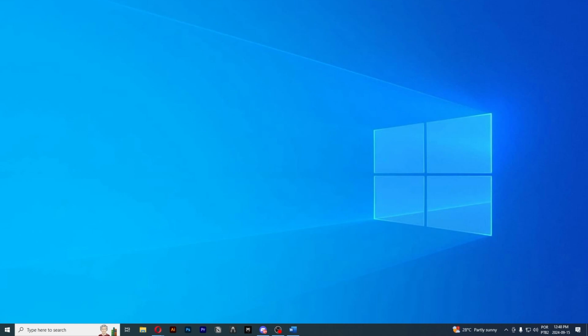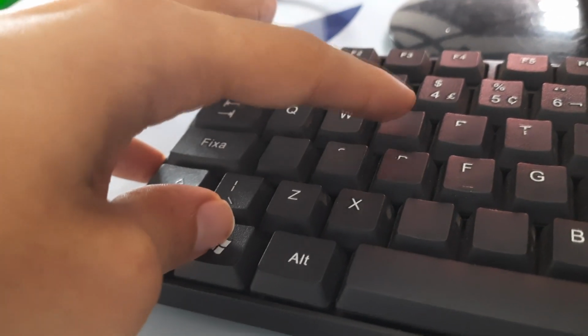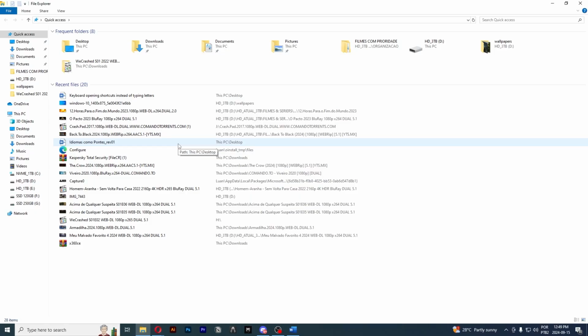If you are someone who browses through your computer files a lot like me, then the next trick will save you a few clicks. Okay, the shortcut Windows plus E. This opens File Explorer instantly. No need to go looking for the icon or navigating to it. Open File Explorer. This gives you direct access to all your folders and files, whether they are in documents,